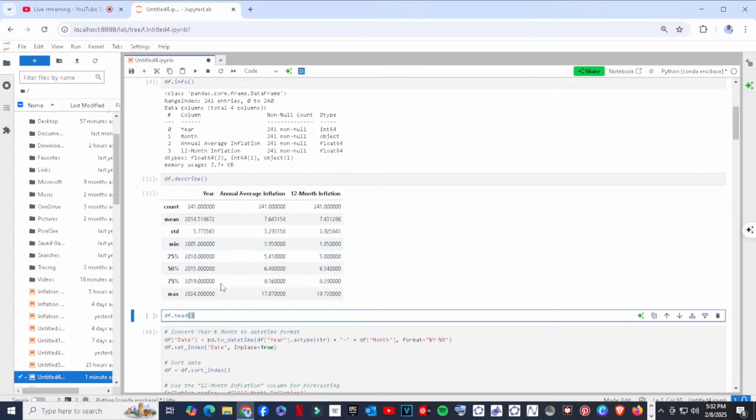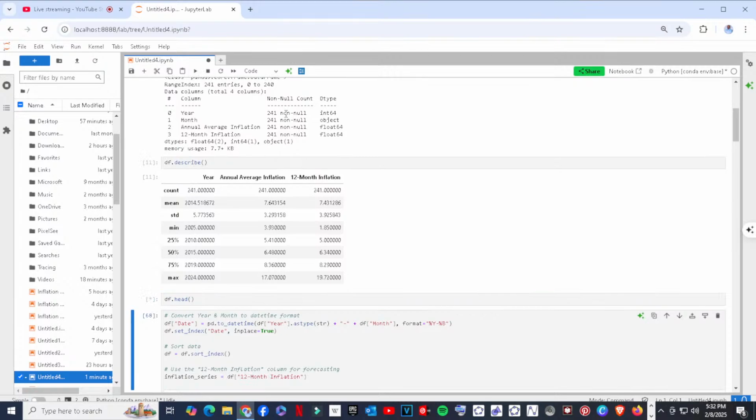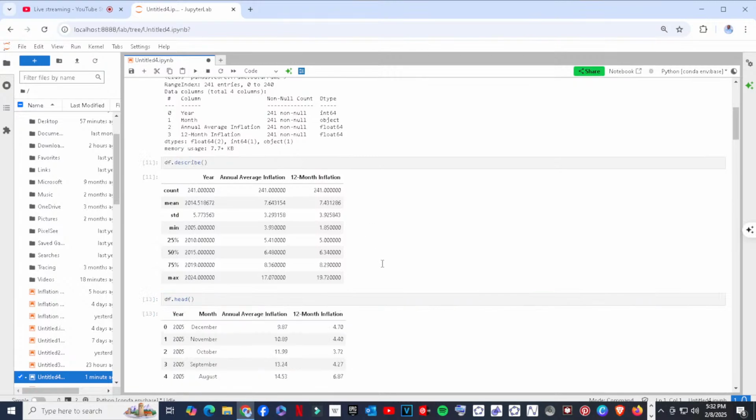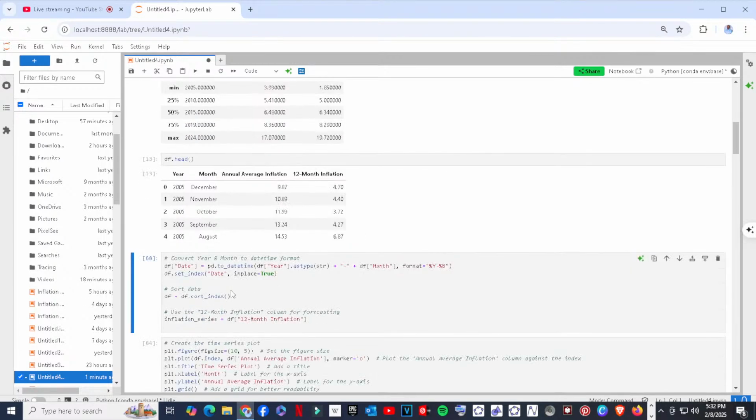Now, to see what the data looks like in an Excel sheet view, this is how it's arranged. The first entry is 2005 December, having annual average inflation of 9.87 and 12-month inflation of 4.70.